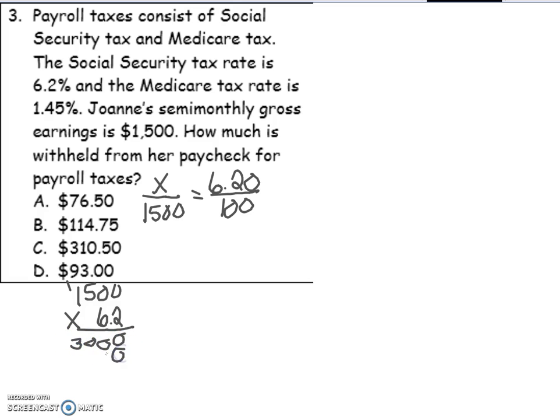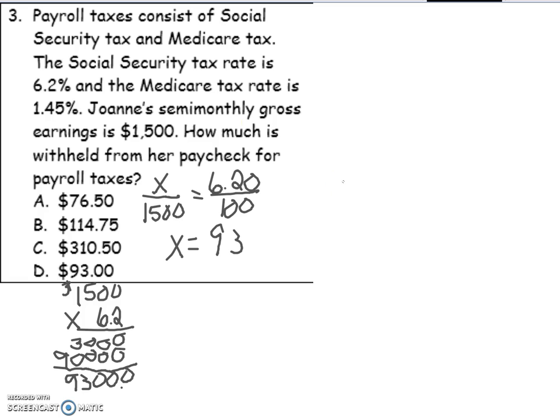Then we have a placeholder, 0, 0, 30. 6 times 1 is 6, plus 3 is 9. Add it all up, and then we got to divide by 100. So we have $93